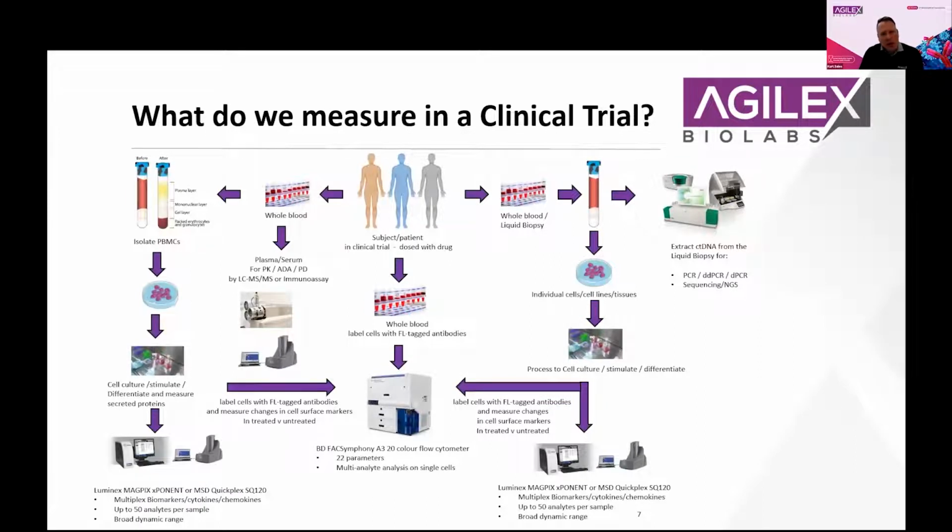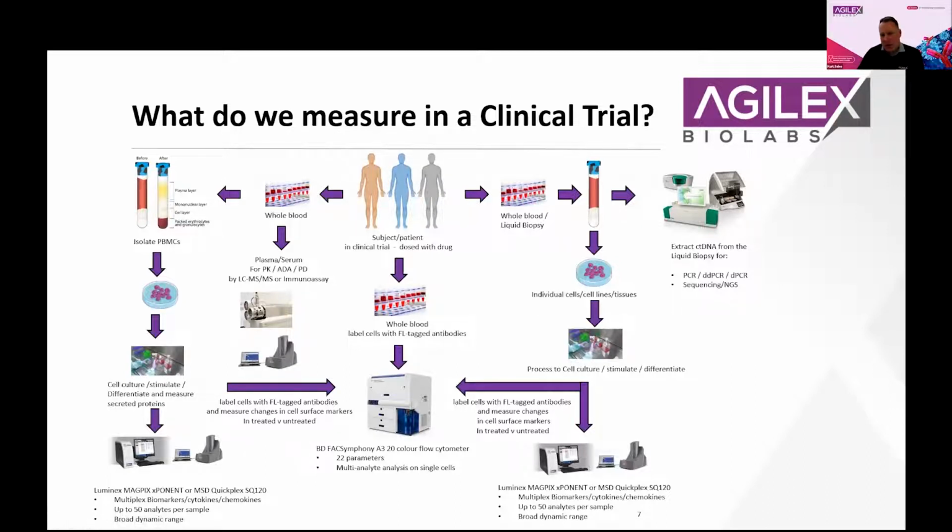So what do we measure in a clinical trial? Well, multiple different parameters. And I'll take you through the slide, which is quite busy, but really provides a high-level snapshot of what we generally do within a clinical situation. So if you imagine a patient or a subject in a clinical trial dosed with a drug in the top center,